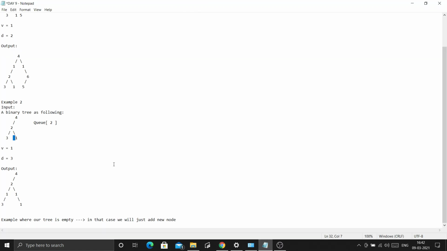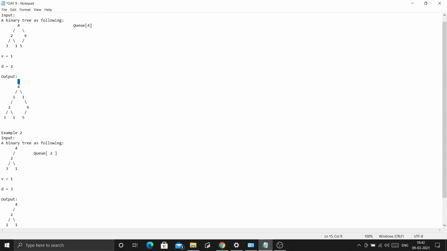We can see in this example, here I have inserted 1 here, so our left would be 4 in this case.